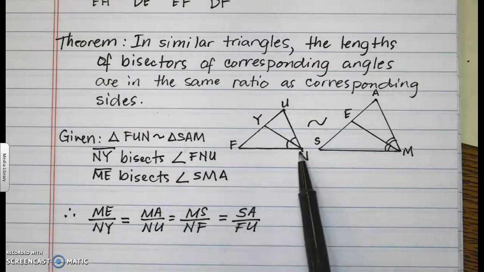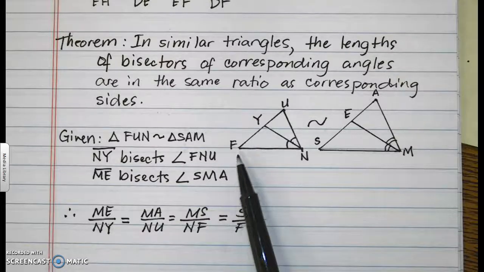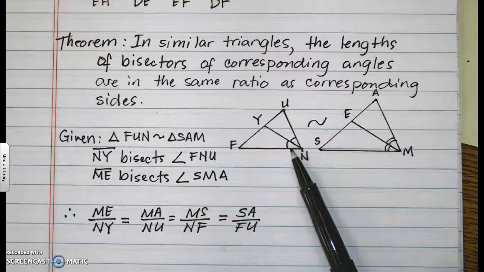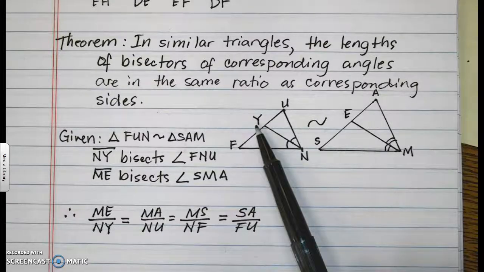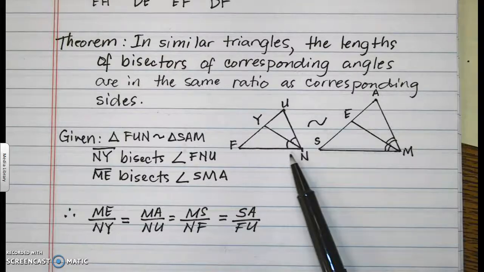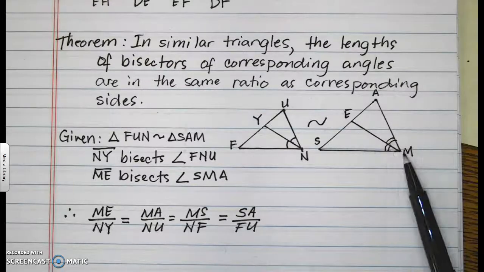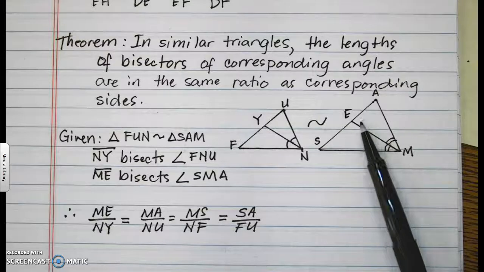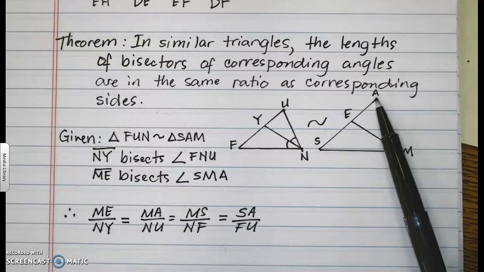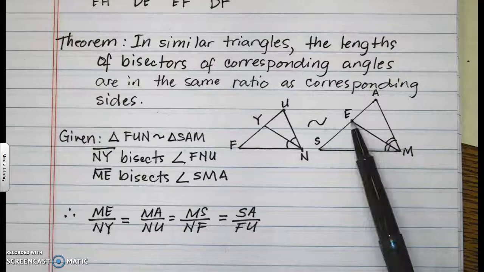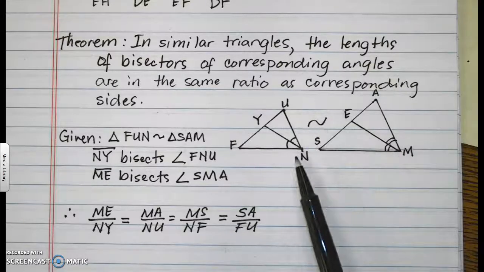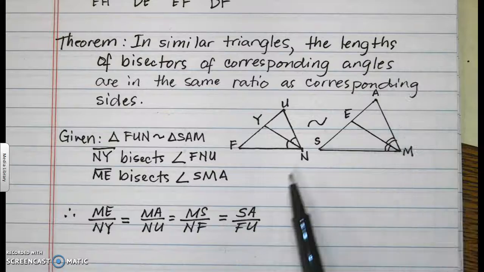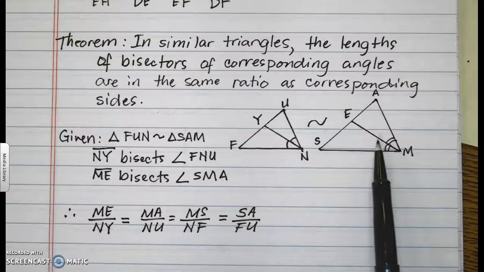And NY bisects angle FNU, which means that FNY is equal to YNU. So that's the meaning of bisect. So we go to here and it says that ME also bisects angle SMA, which means that SME is congruent or equal to EMA. So when this happens, according to the theorem,